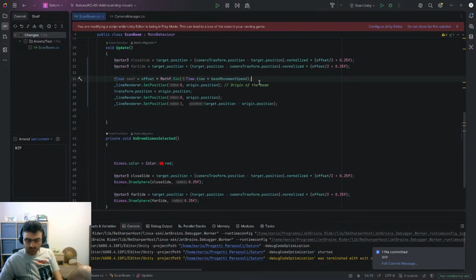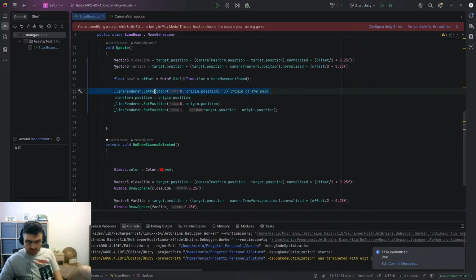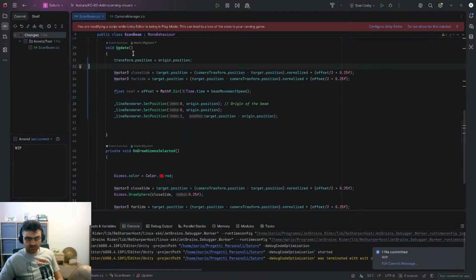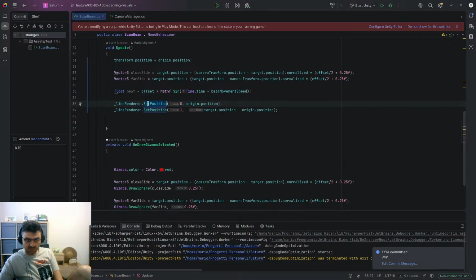So this is the origin of the beam, and it stays the same. Well, let's do this. This is the origin of the beam. And then we have two swipings. So the swiping goes from